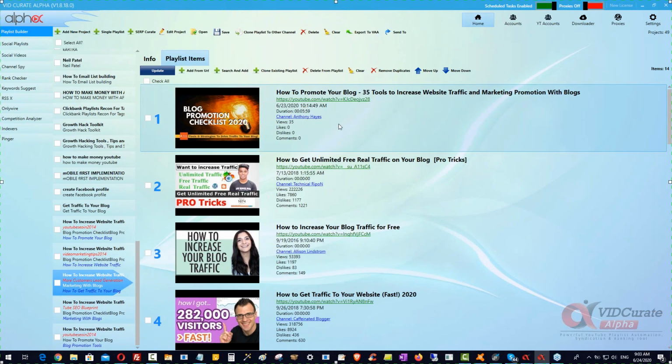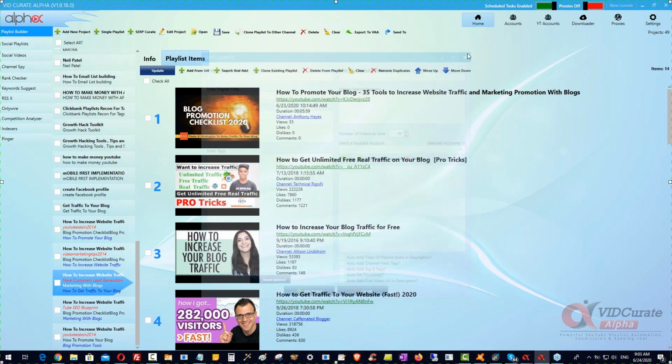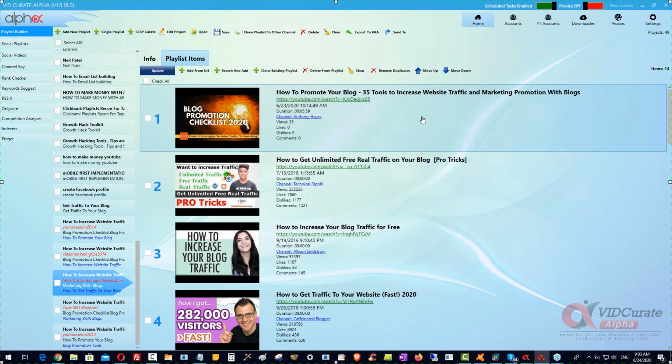And that's without any more optimization than what we did. That was just a single click of a button. So basically what you're doing there, you're putting in your keywords that it's going to create the playlist around. What I do with this is create playlists around 3 or 4 different keywords that I really want to rank for. And that just builds your relevance to your video, because you actually position